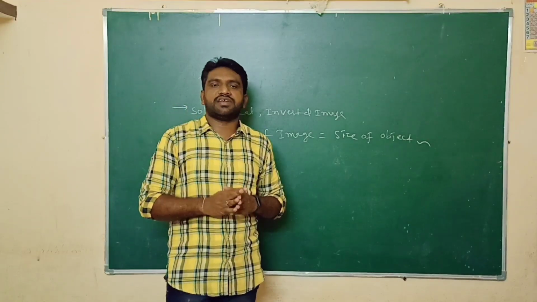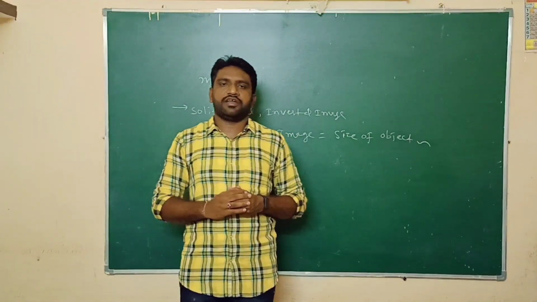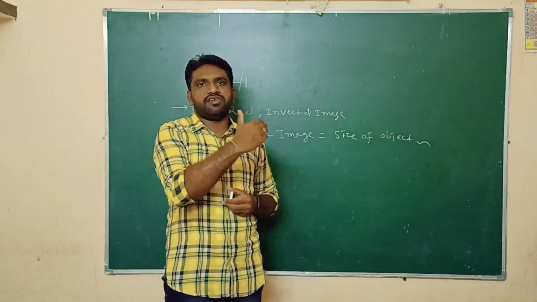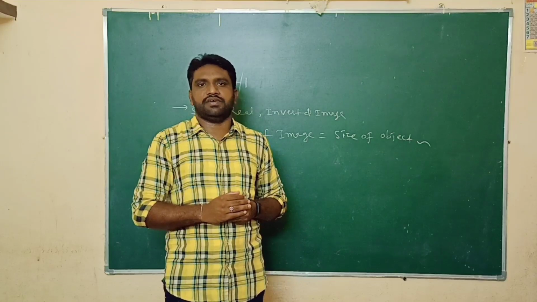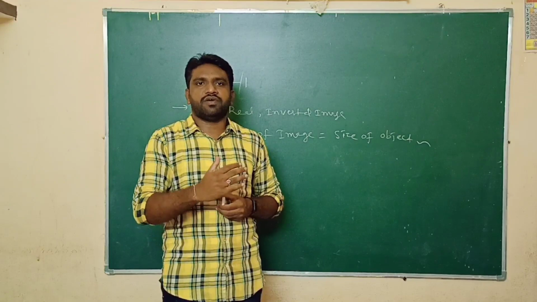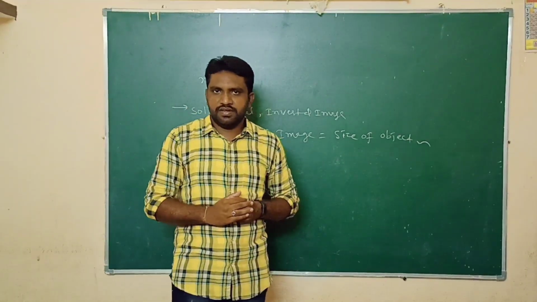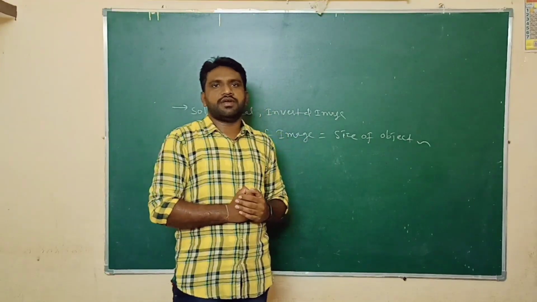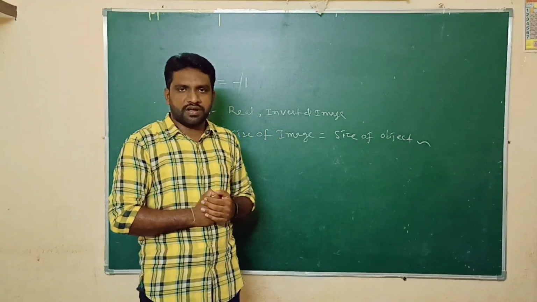They will ask: what is the difference between a concave mirror and a convex mirror? First of all, we consider the concave mirror. A concave mirror is a converging mirror. That is what you should write. And a convex mirror is a diverging mirror. The concave mirror is coated on a convex surface, and the convex mirror is coated on a concave surface. This is what you should write. Afterwards, you should draw the diagram of the concave mirror as well as the convex mirror. And the next difference is that a concave mirror can form real and virtual images, but a convex mirror always forms a virtual image. And you should give an example for the concave mirror.